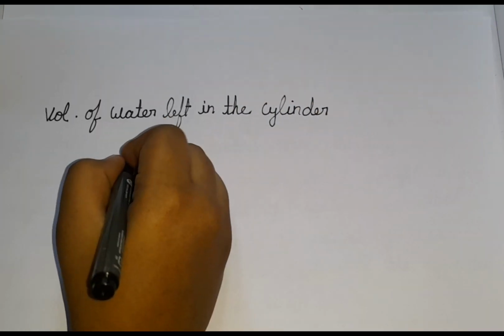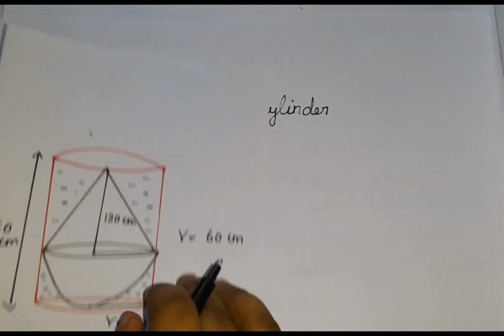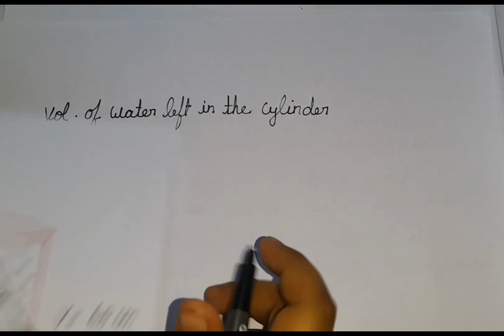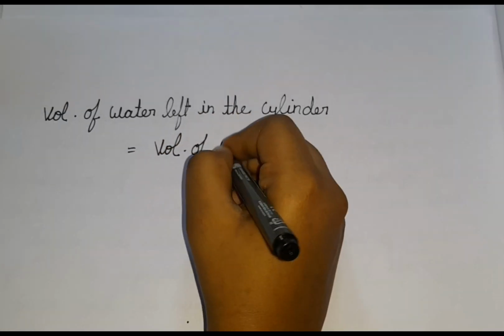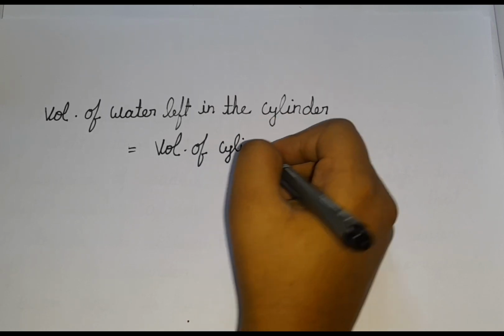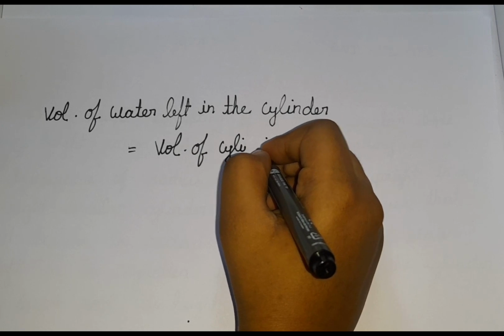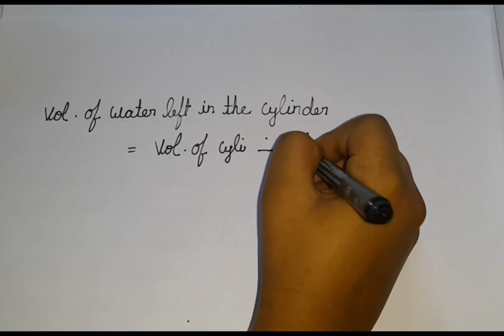So how to find the water left in the cylinder? I just told you that I am going to write volume of cylinder first. So volume of cylinder, and then I am going to subtract it, minus volume of